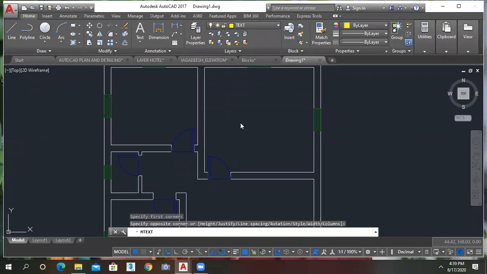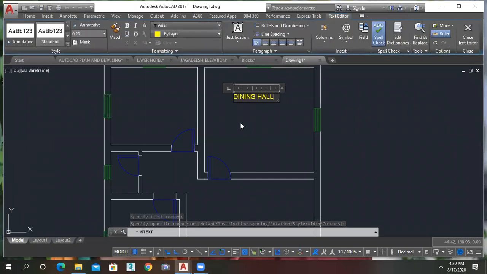Okay. Dining hall. Okay, just enter. And what is the size of this? First we have to mention the horizontal distance, then vertical distance. Okay, 4.8. You can use the star also, or else you can use the X also. 4.8 into 4.6.